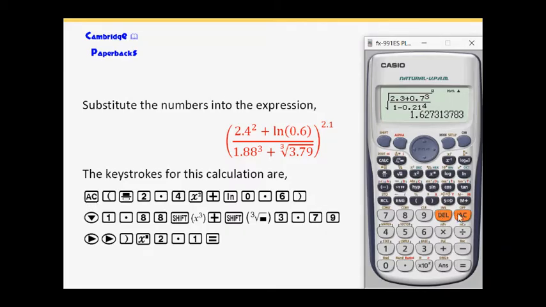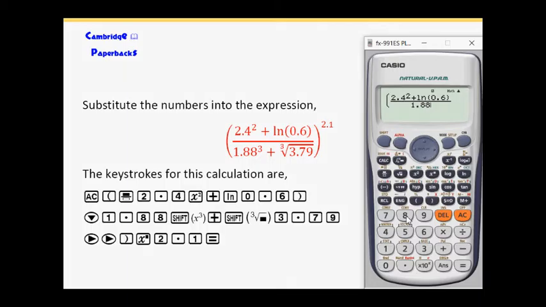So we'll begin by clearing the display, so that we have a bracket and we then have the fraction, as you can see there. So we then have 2.4, and we're going to square that, plus the log of 0.6, close the bracket, use the cursor to go to the denominator,